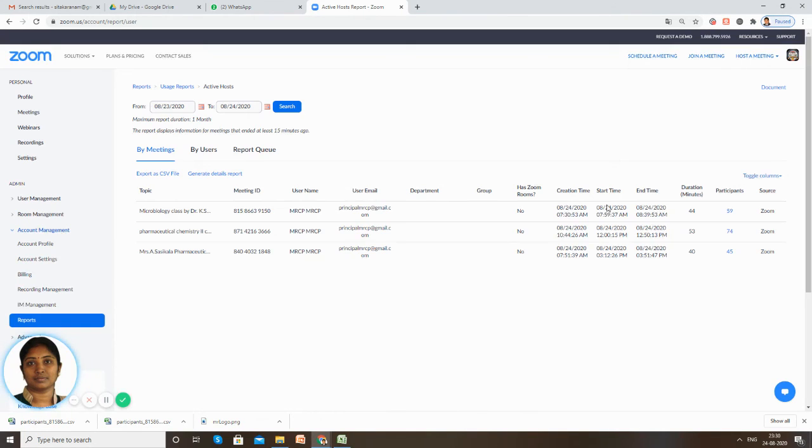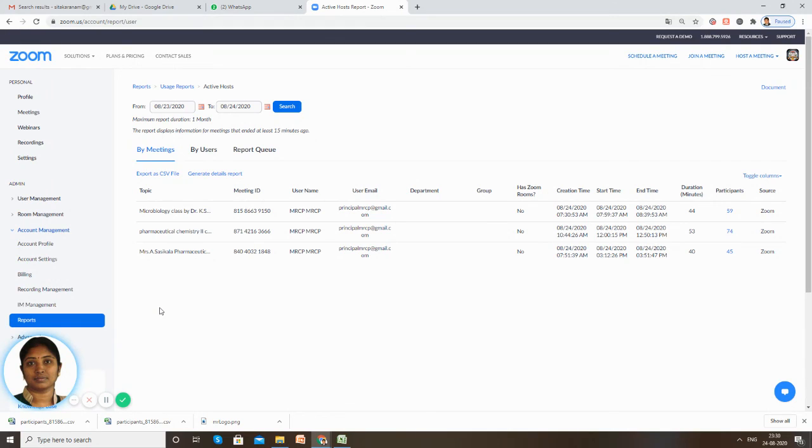I think this will be helpful for you to get the student attendance information from the reports of the account management. We get the complete details of the students or participants in online classes or in various sessions like webinars and FDPs, so that we can know how long they attended, along with their starting time, ending time, and the number of participants. Every piece of information we get just by conducting the online classes.